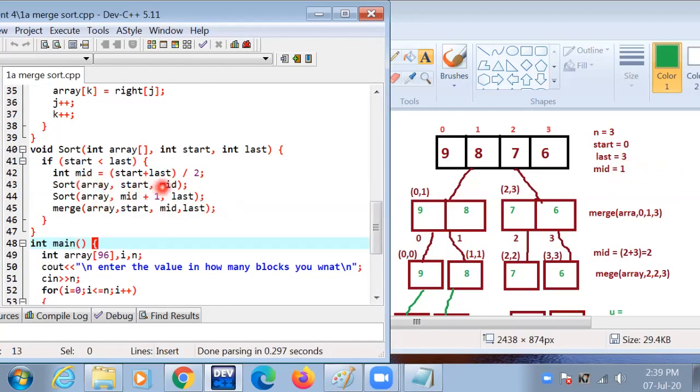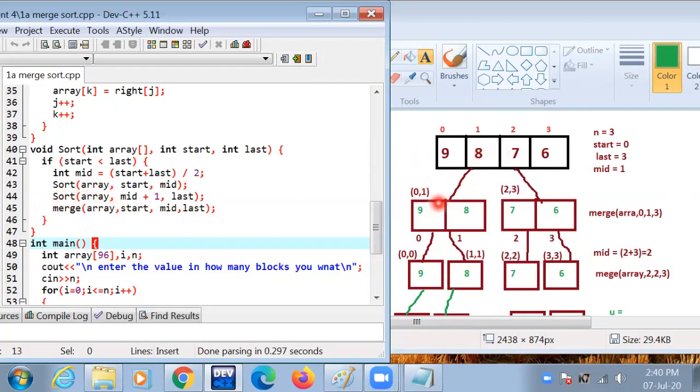Then mid equals start plus last divided by 2. The value of mid is 1 because 0 plus 3 equals 3, divided by 2 is 1, and the value is integer type. Then there are two sort function calls, and the array is divided in two parts.